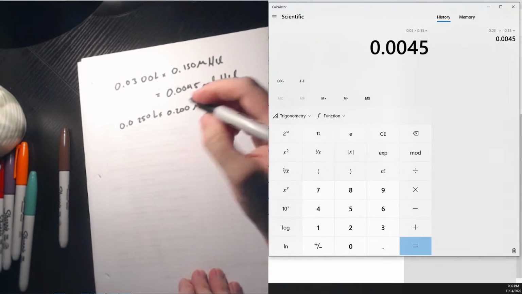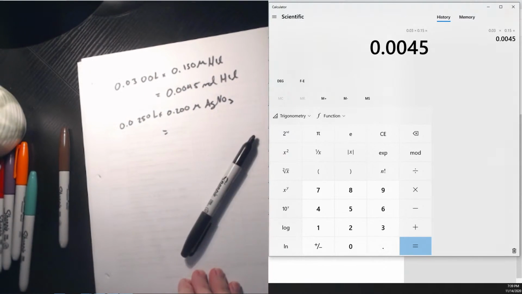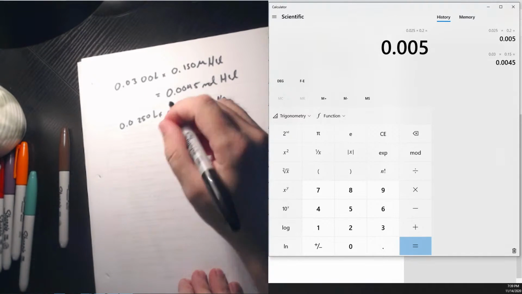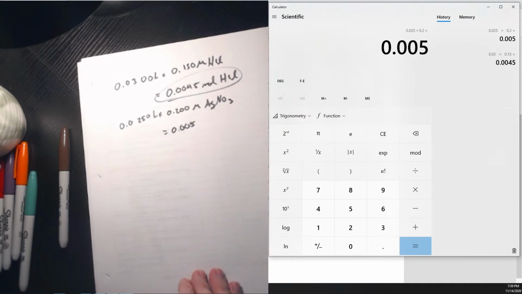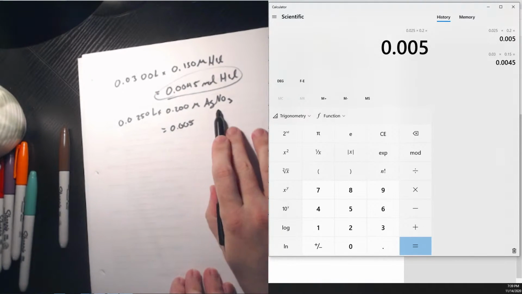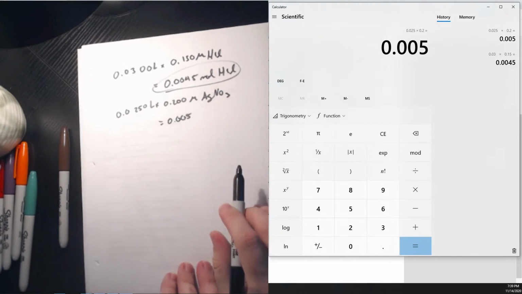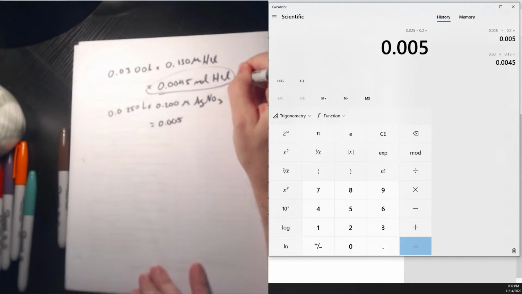I'm finding the limiting reagent now, limiting reactant. 0.025 times 0.2, it's going to be 0.005. Okay, so this is your limiting reagent because there's less of it. The silver nitrate plus HCl is just a 1-to-1, so no need. Well, I mean, you technically divide by 1,